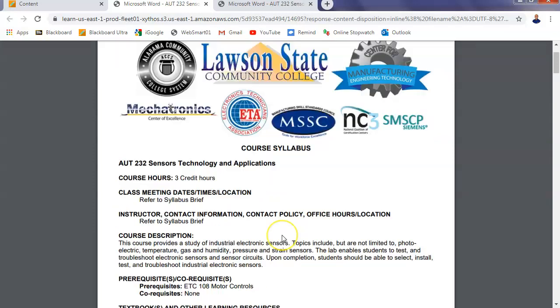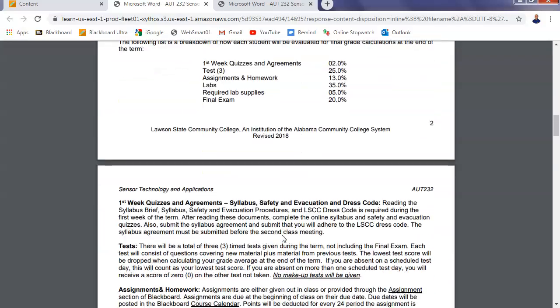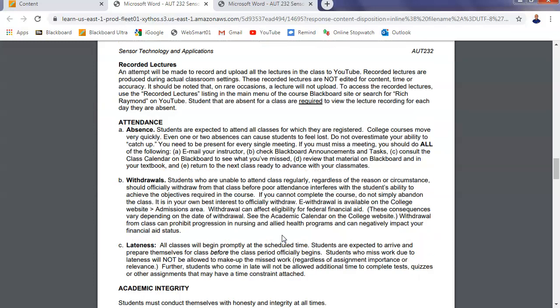So any questions on the syllabus? Yeah, in fact, most of the syllabi on the campus should be pretty close to what we do. So